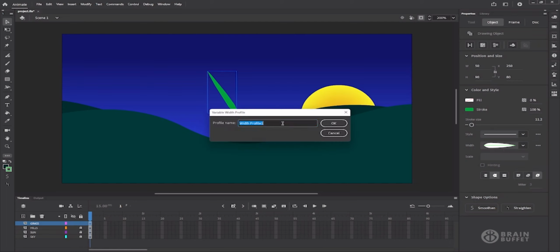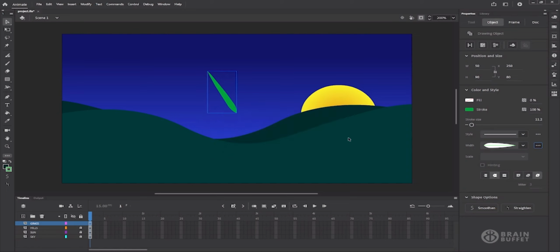We can give it a name. I'm going to call this grass blade and hit OK. So now if we go through and look, there's our grass blade. Any custom width presets are going to show up at the bottom of this dropdown, and we can have multiples if we want. Okay, so now that we've done that, let's use the line tool once again to create some